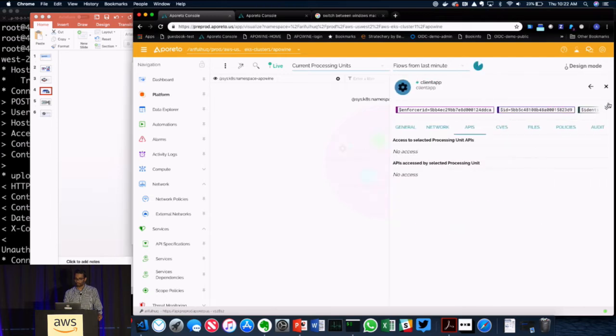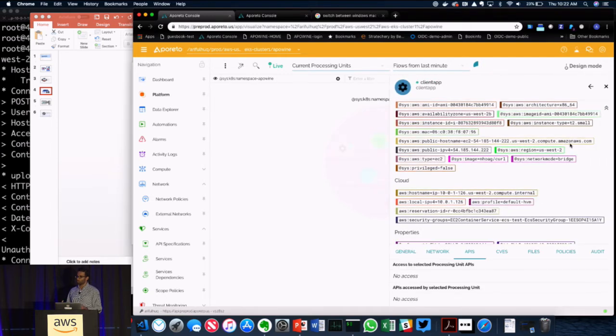We talked about identity. What is critical to us is that we create this cryptographically signed identity automatically. And what we do is we make use of information available to us. For instance, here I'm demonstrating that we're able to use the AWS identity document that's available to us on the EC2 instance to extract information around where this application is running. And we're also able to introspect the Docker API and the Kubernetes API to figure out what type of application is running, and what the labels and selectors associated to this application are. All of this creates what we call a workload identity, a cryptographically signed identity.